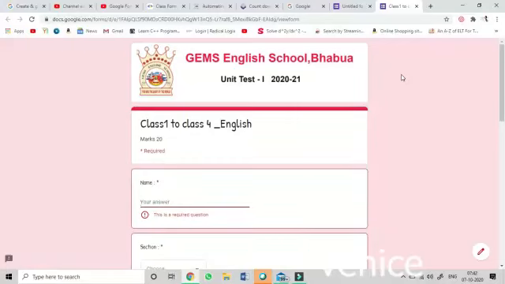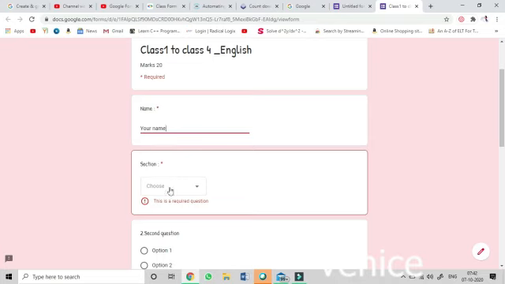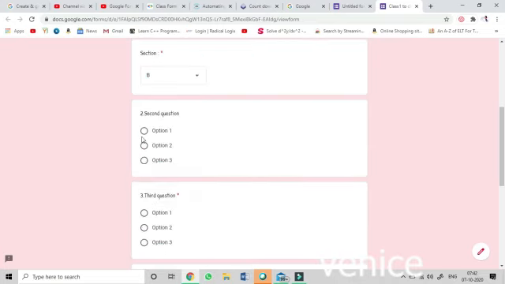Students, now I am going to teach you how to attend the exam online. After you click the link sent by your subject teacher, you will get these pages. Once you click, the first option is the name. You have to enter your name, and second you have to choose your section, and after that you have